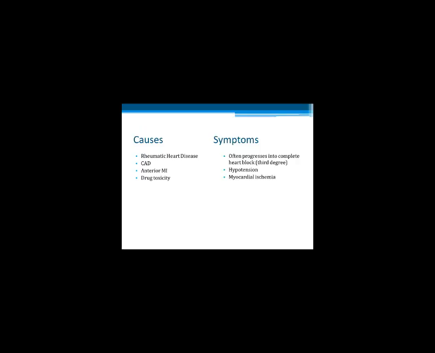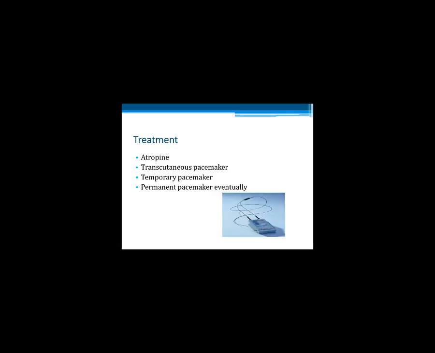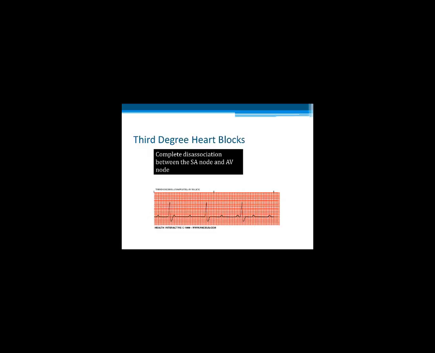Again, drug toxicity, MI, coronary artery disease. Atropine, again, is your treatment of choice for blocks. You can put a pacemaker in because you can't just go on dropping your QRSs. That's going to cause pretty significant problems eventually because that means your ventricles aren't contracting, which can lead to third degree heart block. With third degree heart block, this is a complete dissociation between the SA node and the AV